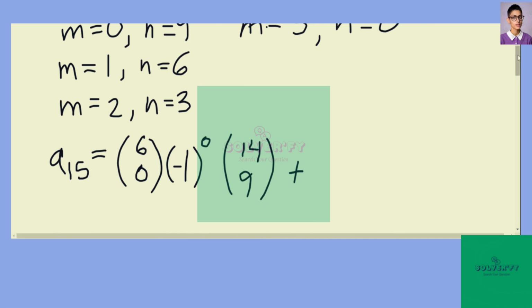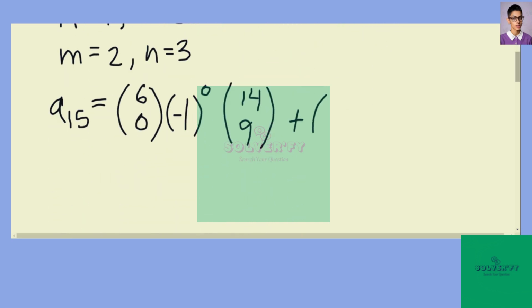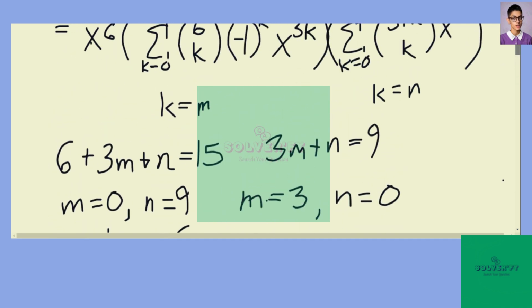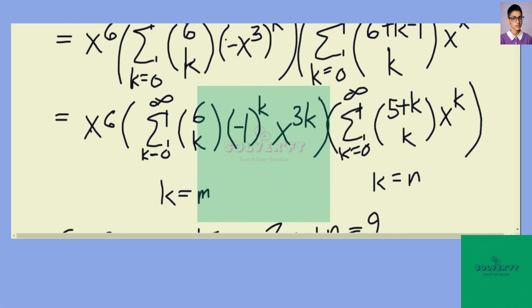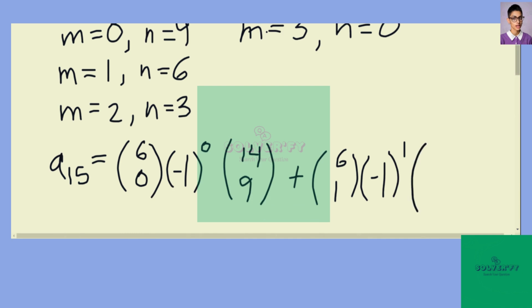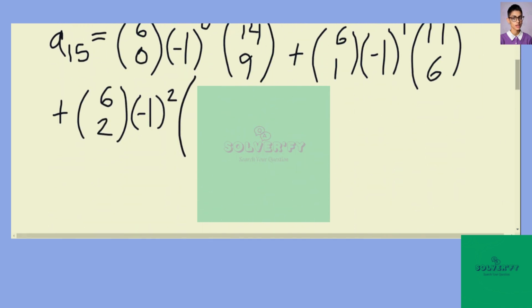plus if m is 1, n is 6, we have 6 choose 1, negative 1 to the first, and n is 6, so we have 11 choose 6, plus m is 2, we have 6 choose 2, negative 1 to the second, and n is 3, so we have 3 plus 5 is 8, choose 3, plus,